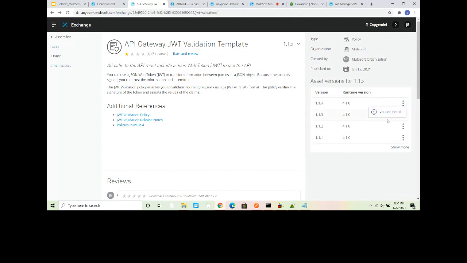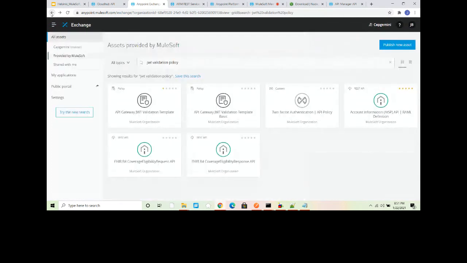Generally what happens, if you click on this, you get that YAML file. So I will show you that. I think this template is wrong actually. So give me a second.